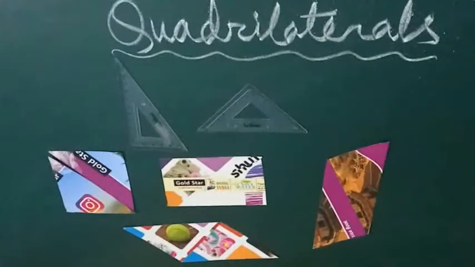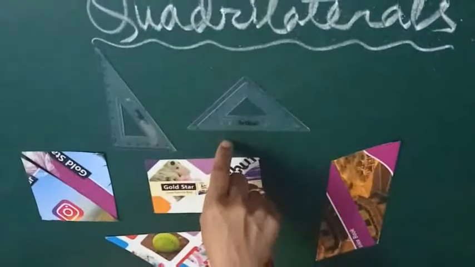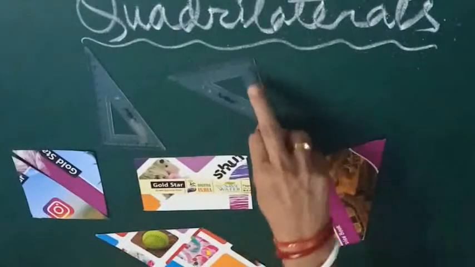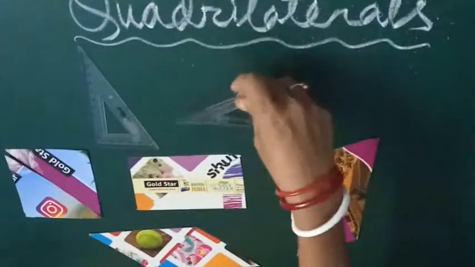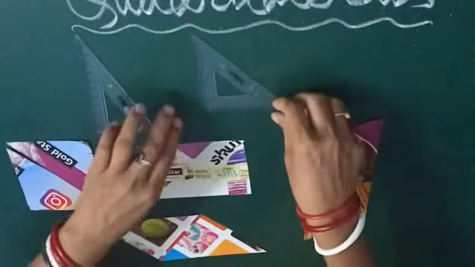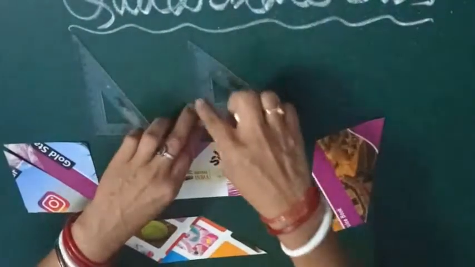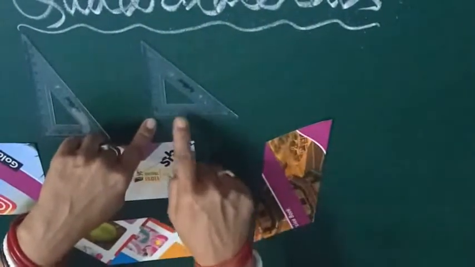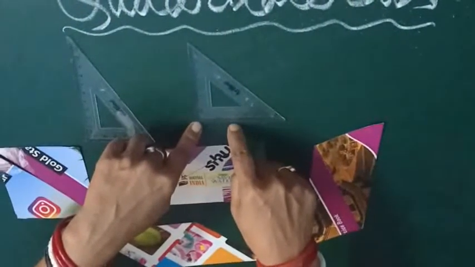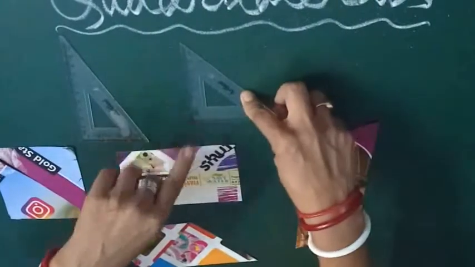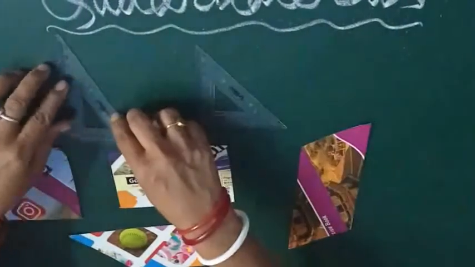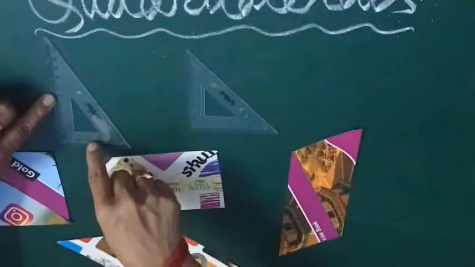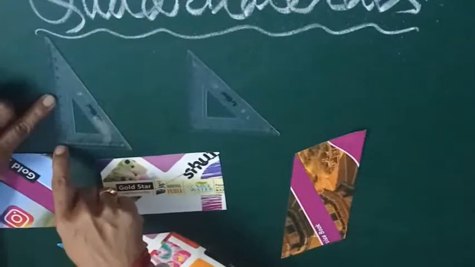Have you noticed that in your geometry box you have these two shapes? Yes. You know what they are called? They are the two set squares. This one is called the 45, 45, 90 set square, and this is the representation of an isosceles right angle triangle. See, if I am setting it like that, here these two sides are equal and this angle is a right angle. This is the right angle where I am holding, and these two adjacent sides are of equal length. So it is the representation of an isosceles right angle triangle. But look at this one carefully. Here you can see the lengths of all the sides are different. That means it is definitely a scalene triangle. And here this angle is a right angle. So what will it be called?